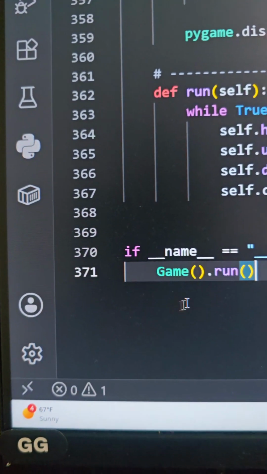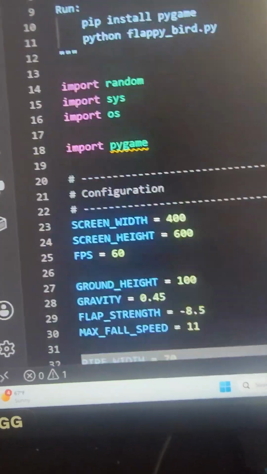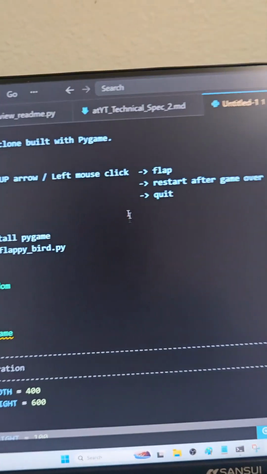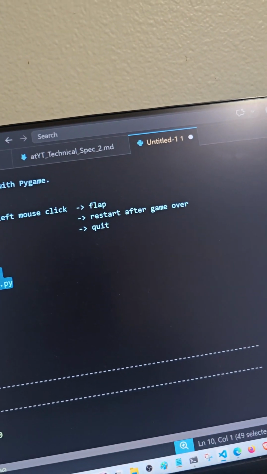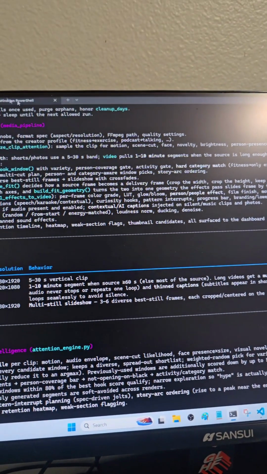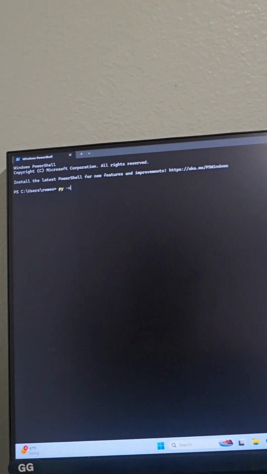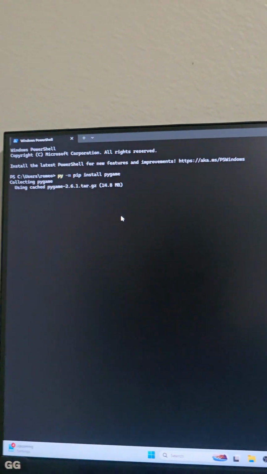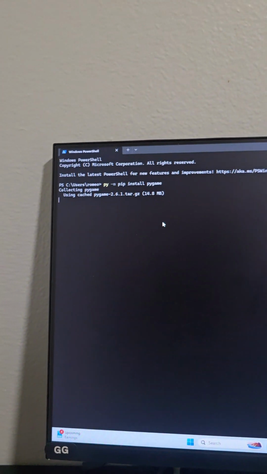Damn, it's 370 lines of code. That's not bad actually. That seems like it did create a game, I think. So it's gonna install this. Let me go ahead and actually install that just real quick. I think I need to do pip install pygame. Okay. See if that works. There we go. It's doing its work now.